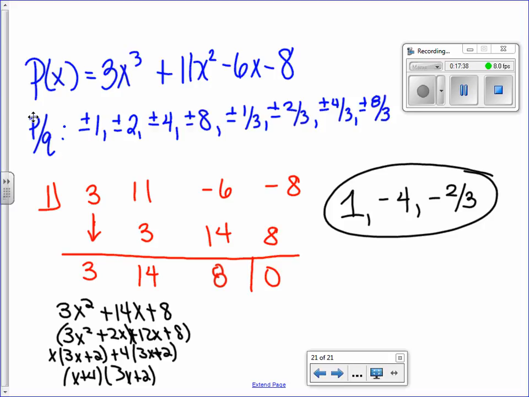Is this a difficult process? No. Is it time consuming? Yes. Do not confuse time consuming with difficult. That's what lazy people do. Lazy people confuse time consuming with difficult. Time consuming and difficult are not the same thing. Okay? Don't confuse the two. It is time consuming, but it's not difficult. You know how to do this. It's just a matter of actually doing it. Okay? But you know how to do this. Alright. So